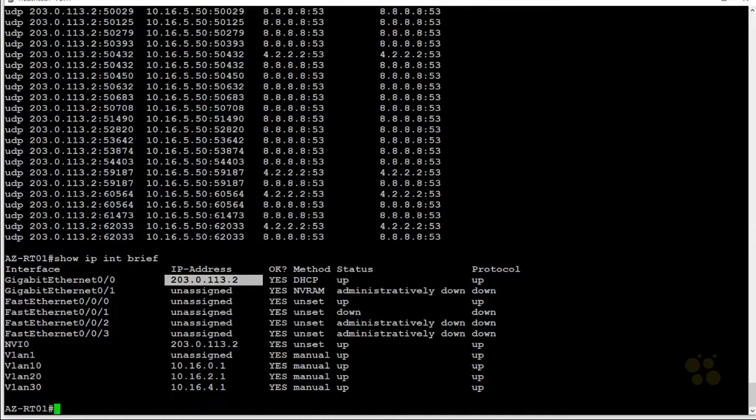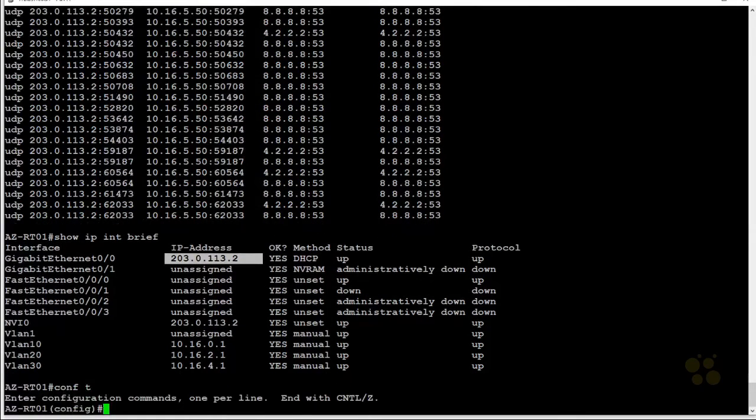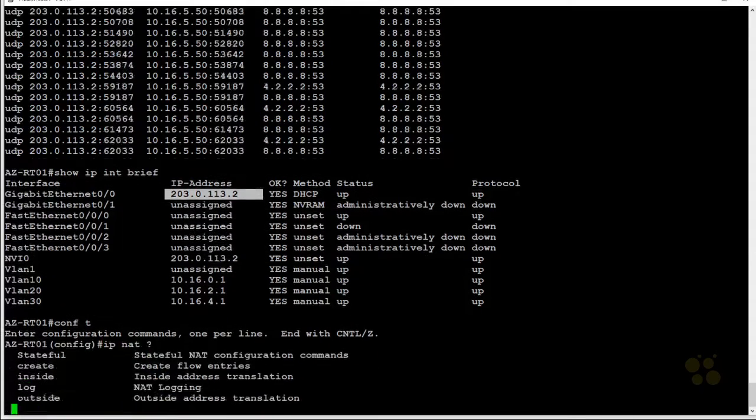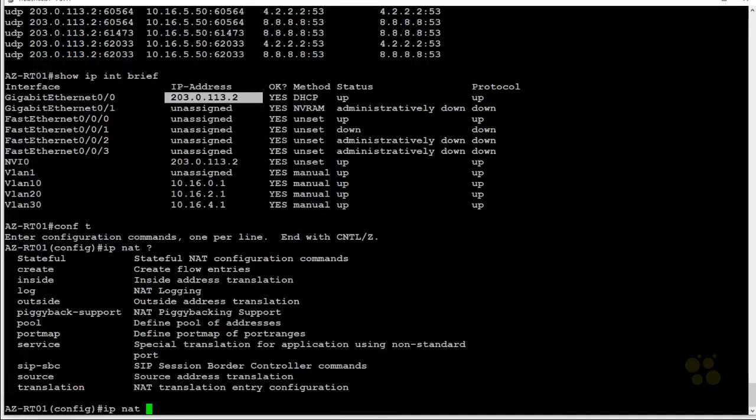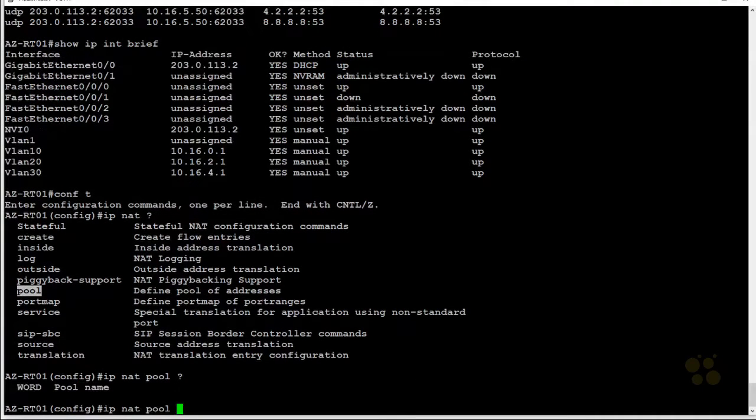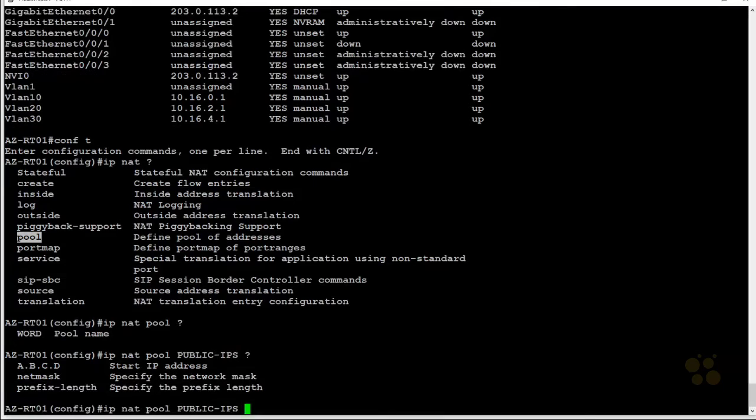So here's how you do it. Go into global config mode. It's going to add one more step to our 3-step process. IP NAT, and I'll hit the question mark, and notice one of the options is pool. I'm going to define a pool of addresses. Hit the question mark. It says, what's the pool name? And I'll say, this is my public IPs, right? Okay. What is the start address? Okay, that's where I'm going to say